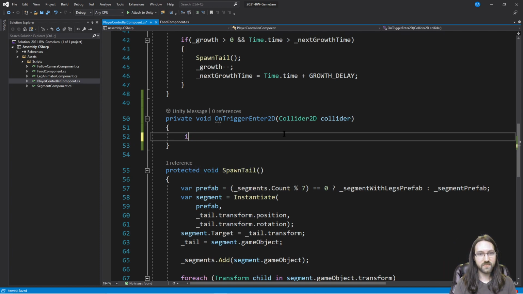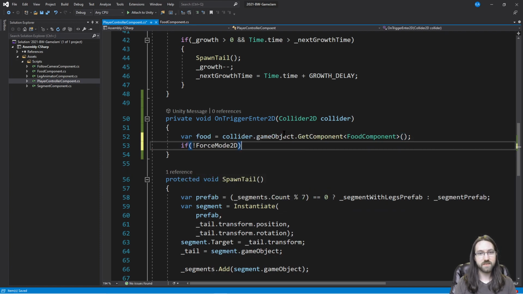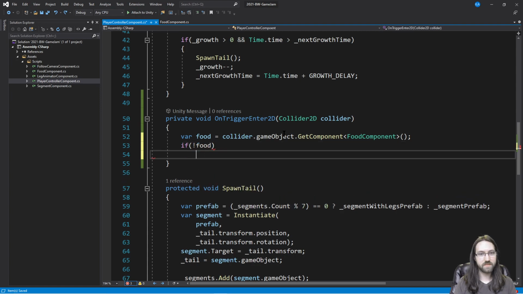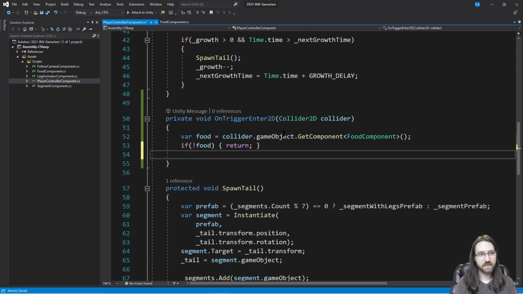So let's say, we'll say var food is equal to collider.gameObject.GetComponent. Okay. I'm always worried that my stream is going to cut out. So we're going to say if not food, then return. Then we return. Elsewise, we say,